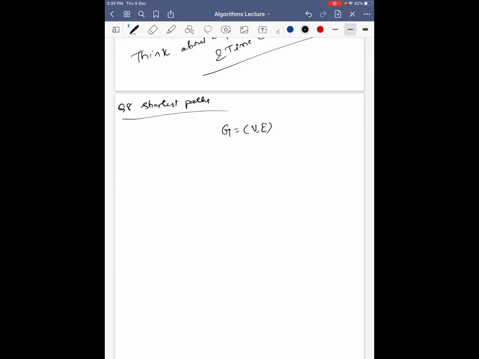You need to report the shortest path distances between each pair of vertices, provided G doesn't contain a negative cycle. And if at all it contains a negative cycle,